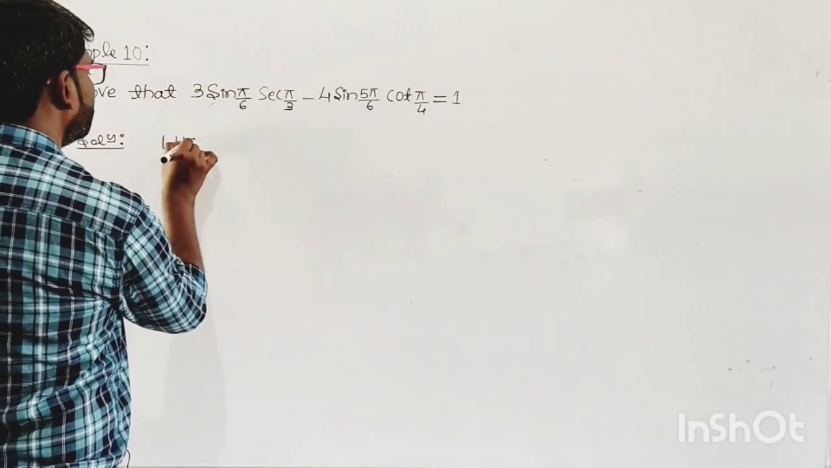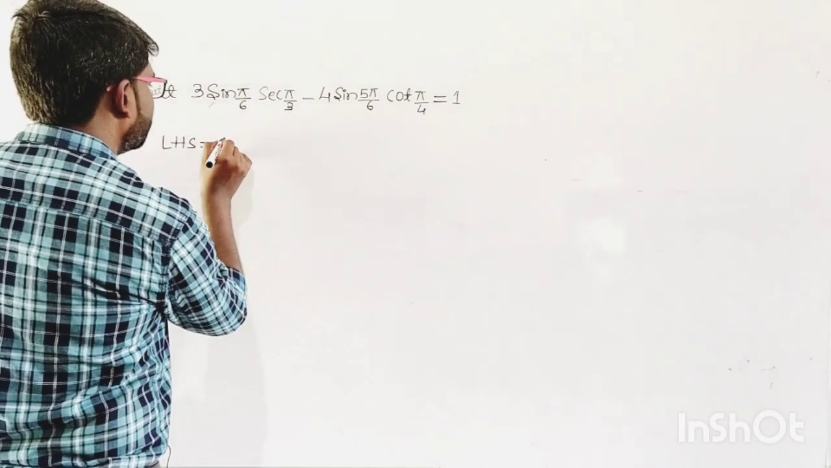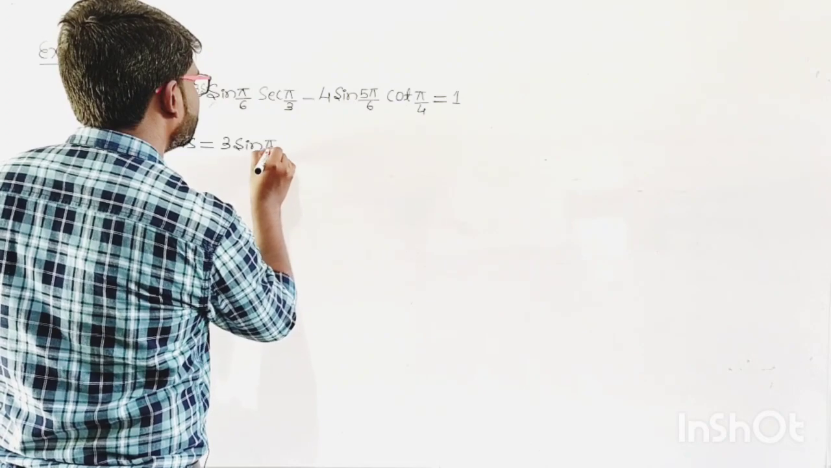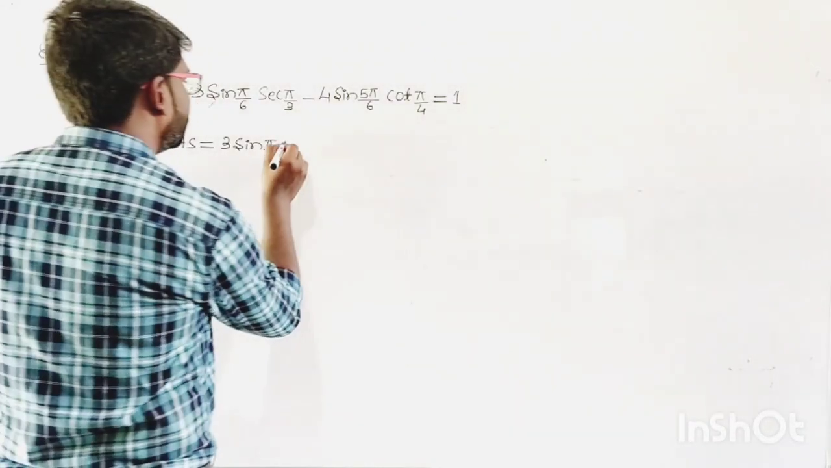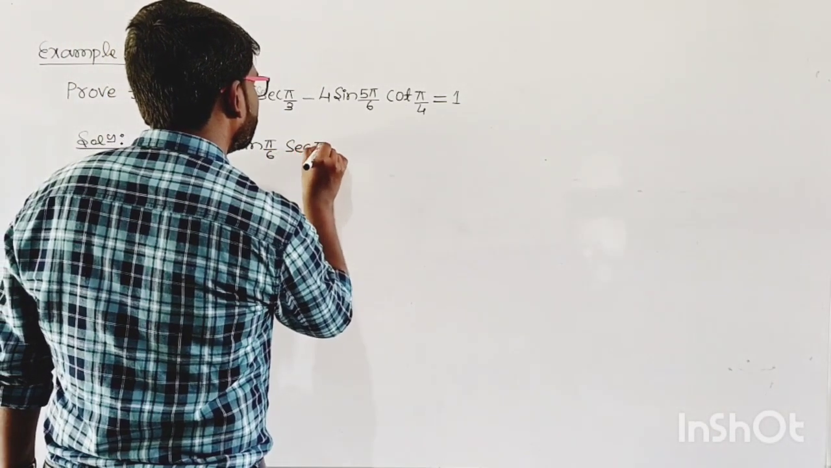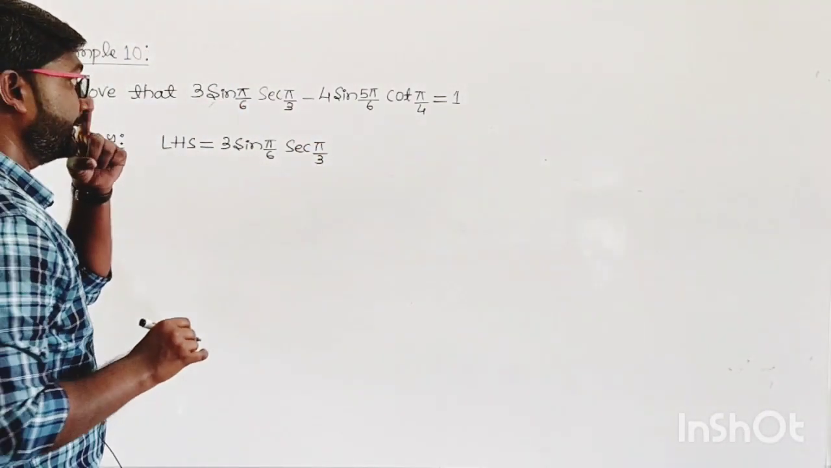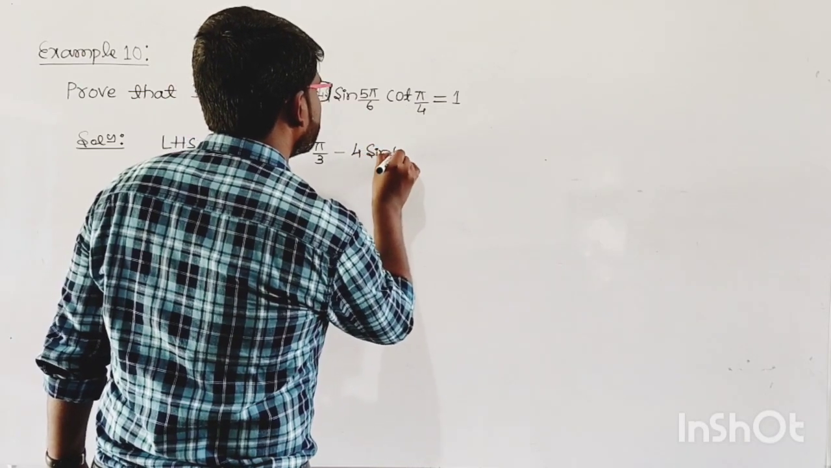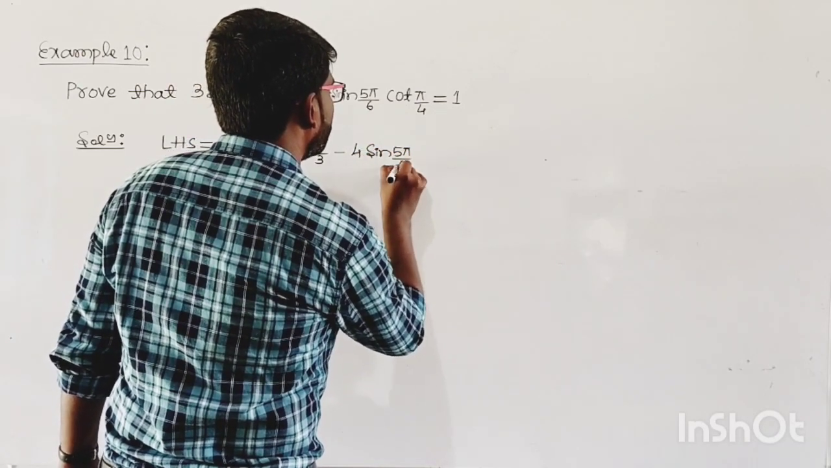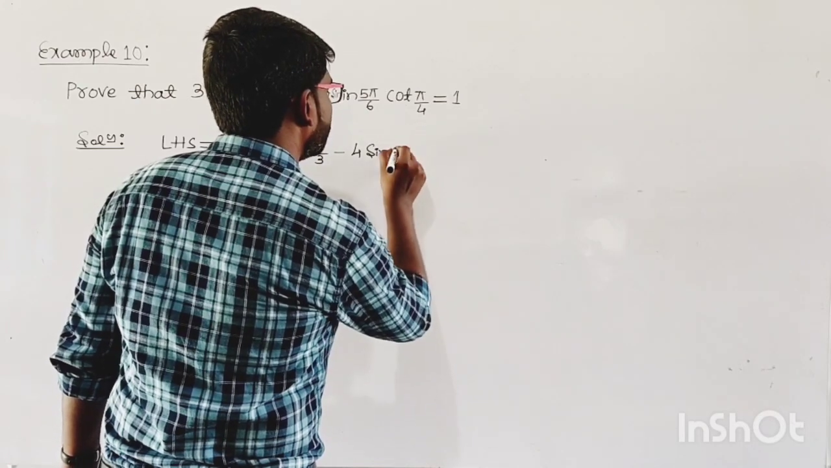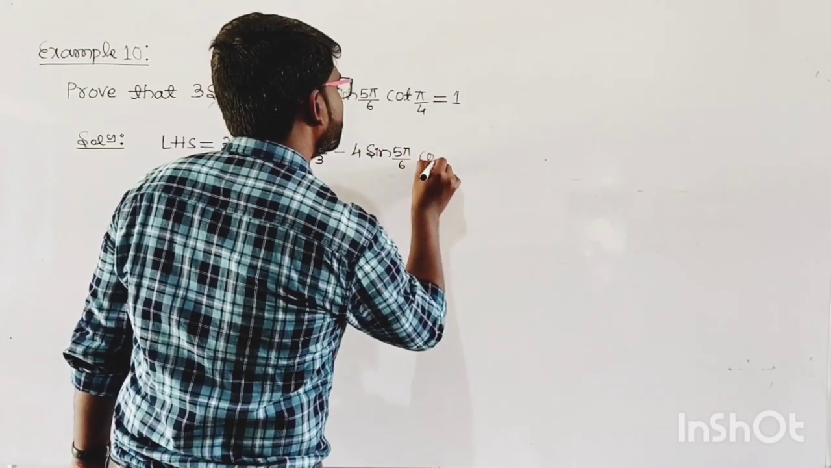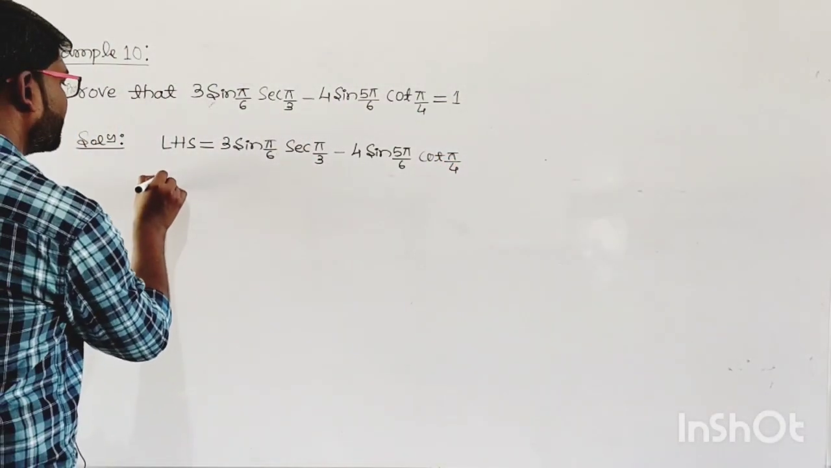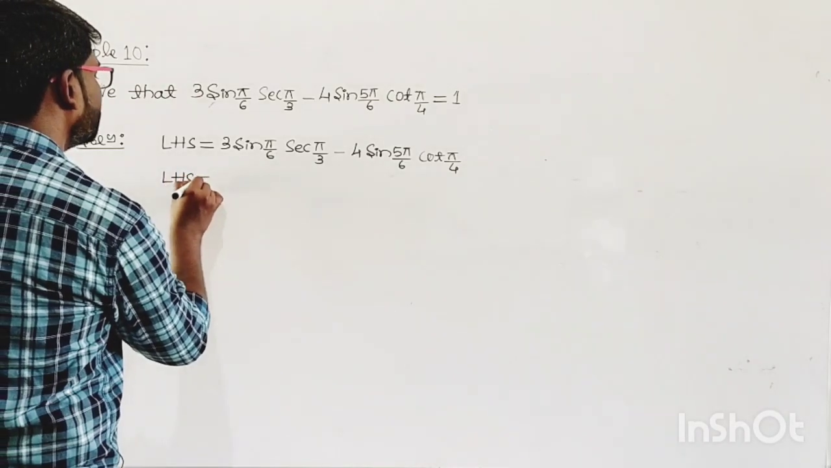LHS is equal to, write the given question: 3 sin pi by 6 into secant pi by 3, then minus 4 sin 5 pi by 6 and then cot pi by 4. So now LHS is equal to